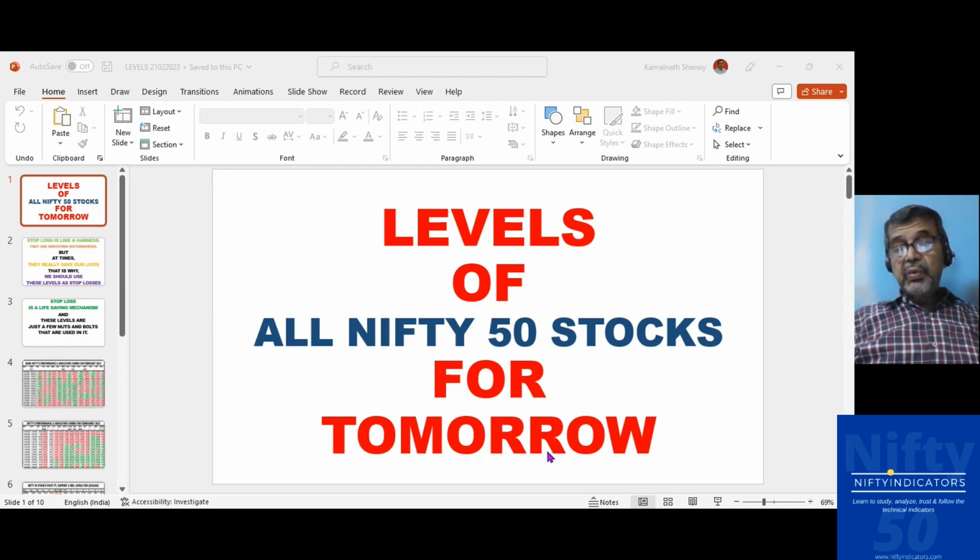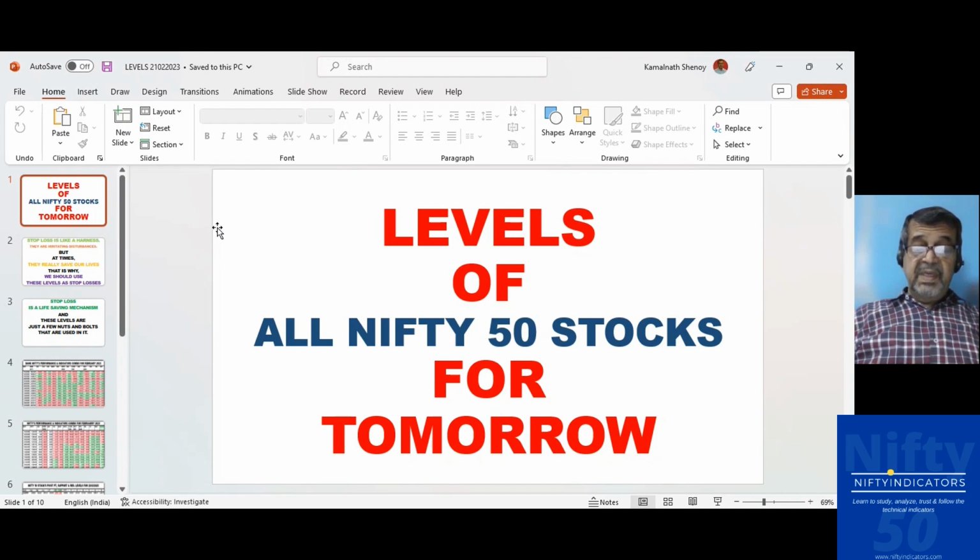We need to use levels to protect our capital and profit. That is, here I'm showing 7 levels, that is pivot point, and on both sides of pivot point there are 3 support levels and 3 resistance levels. So whichever level